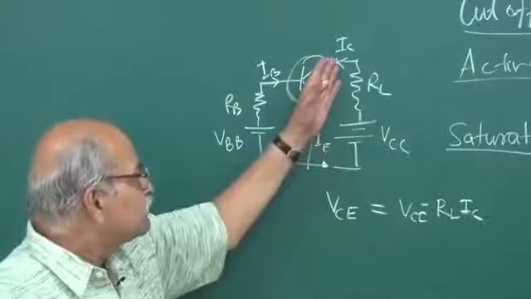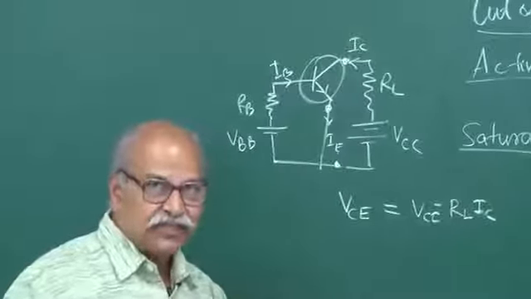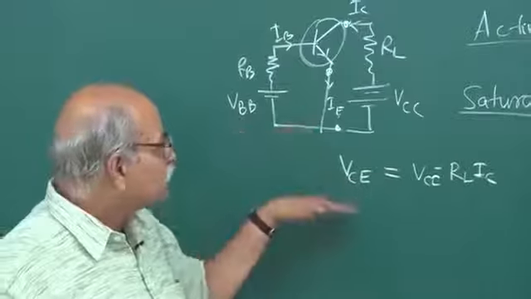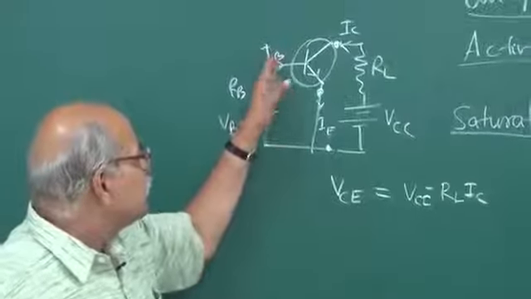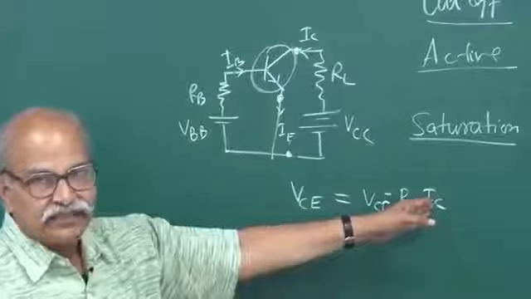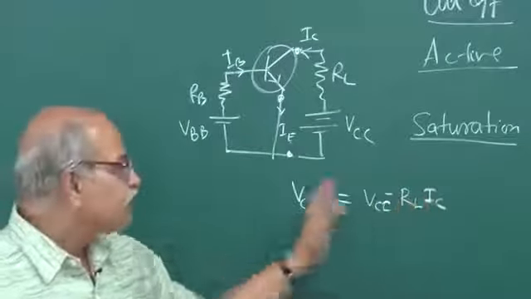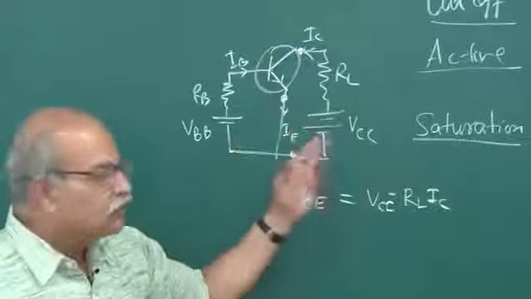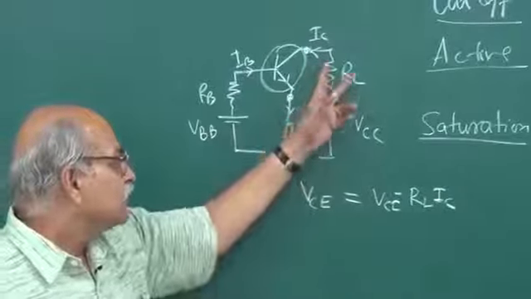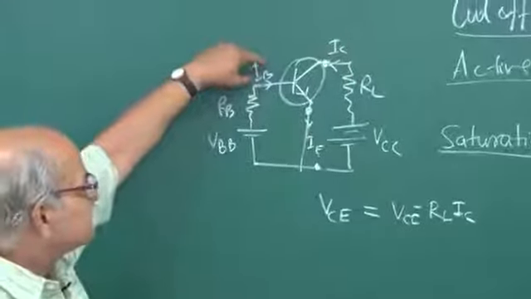And if the reverse bias voltage decreases, the strength with which it is attracting these electrons decreases, and there could be a situation, if you are increasing IB, that this IC is now so large that this thing is close to 0, and in that case your reverse biasing is gone, although the same battery is there. We have not changed this RL or this battery, but by just increasing this,